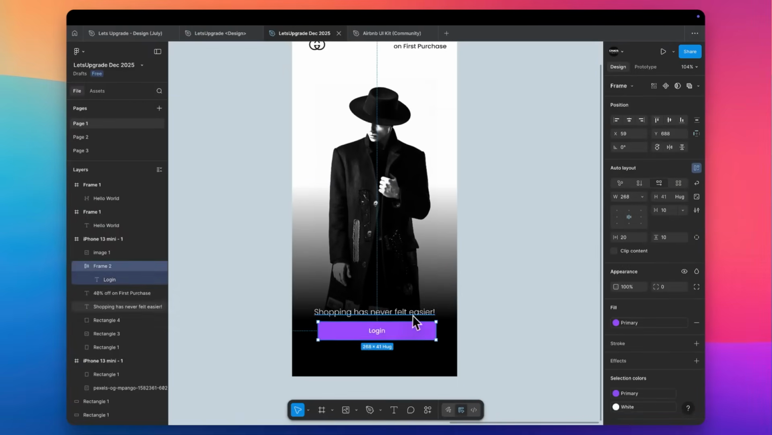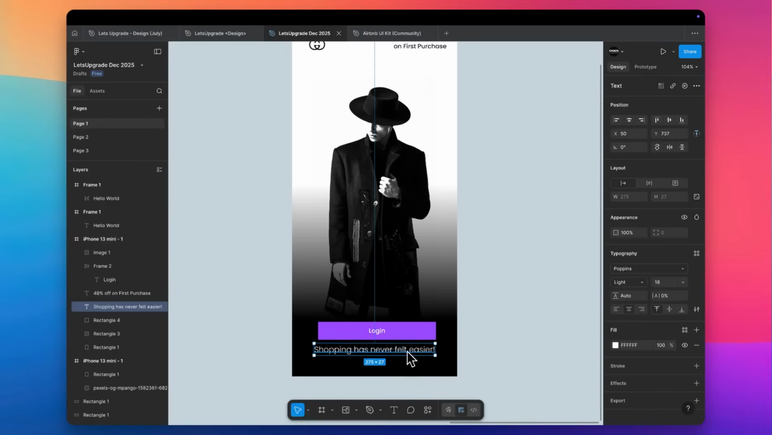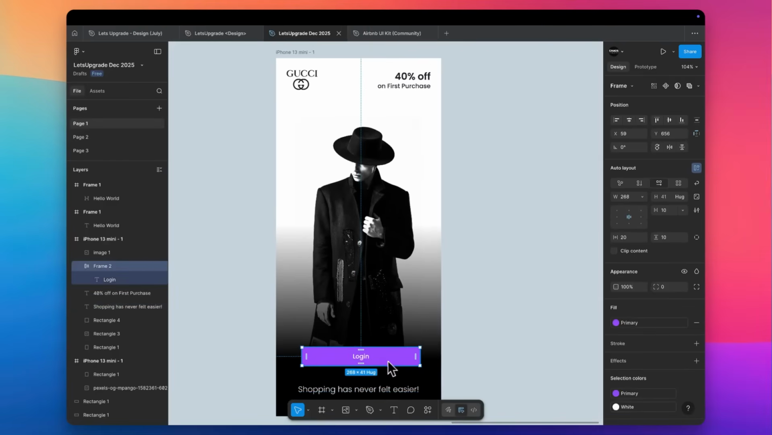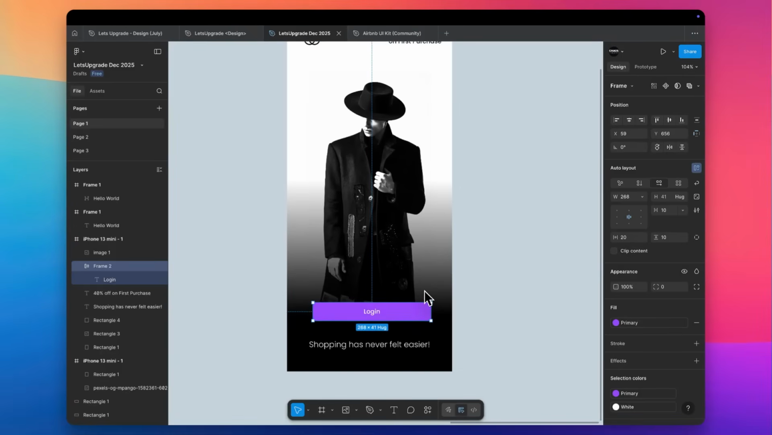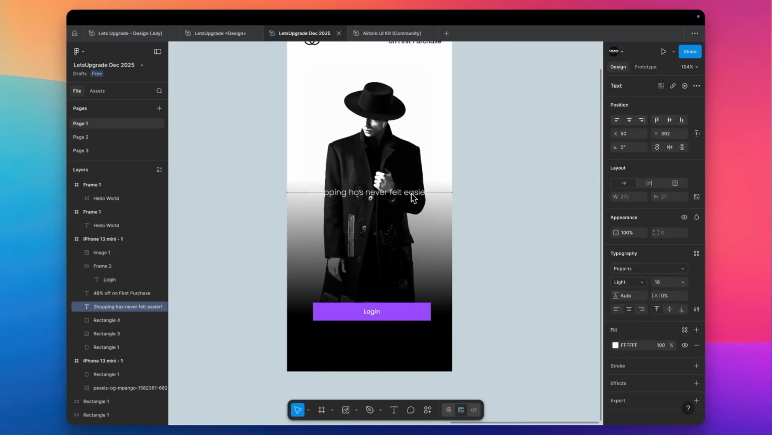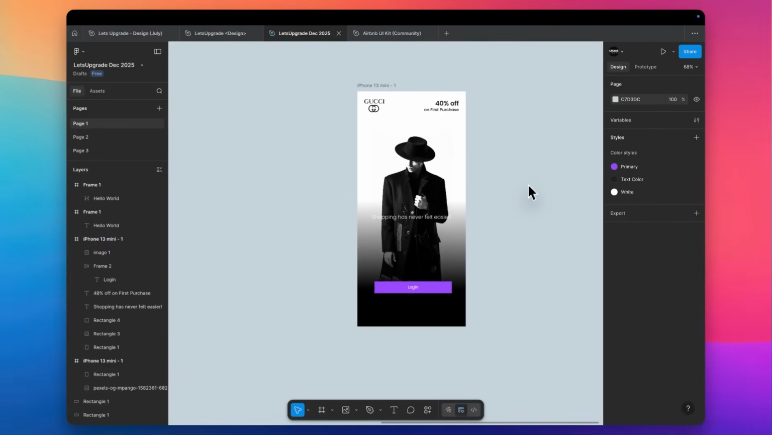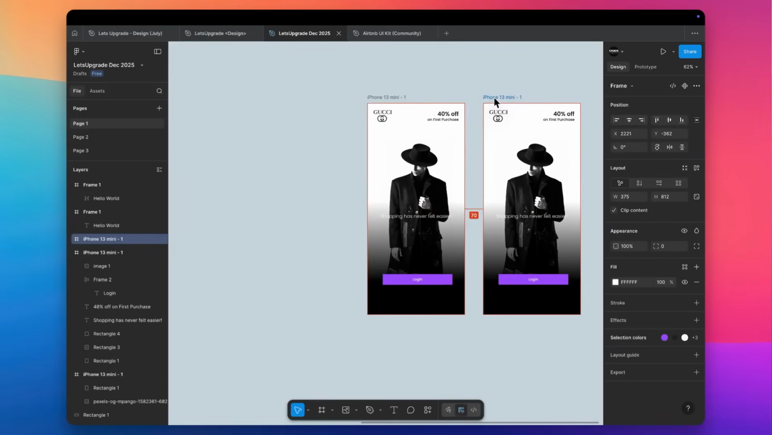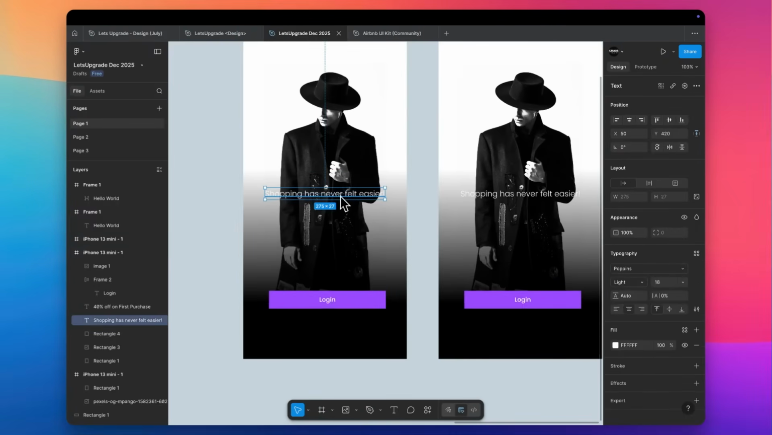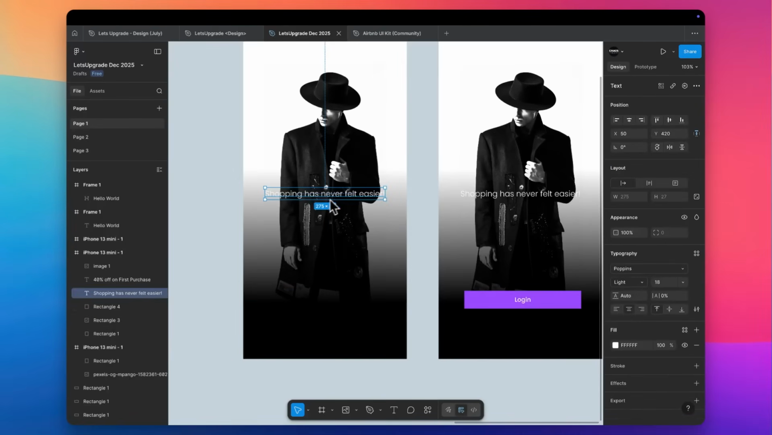Now this line, shopping has never felt easier, is kind of hung in the middle. It's not really standing out, and it doesn't really have a feel of its own, but it's not really blending into whatever I am trying to create for the user. So maybe what we can do is in one screen, I can just have